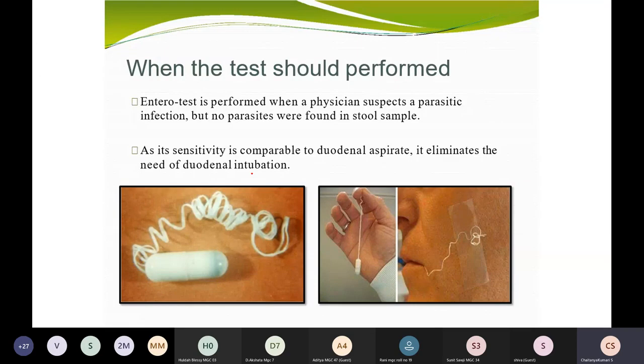That is what we call intubation. Intubation means a big tube will be inserted into the intestinal region or the stomach region to take out whatever secretions are there in that region. That is not required in this case. Simply by swallowing the string, we can detect whether the cysts are there or not. Is it clear, ma'am? String test or entero test. They may ask in a short type question, so you need to be thorough with the procedure.